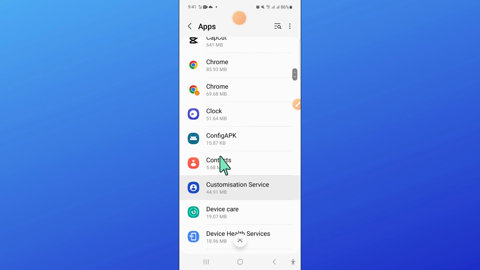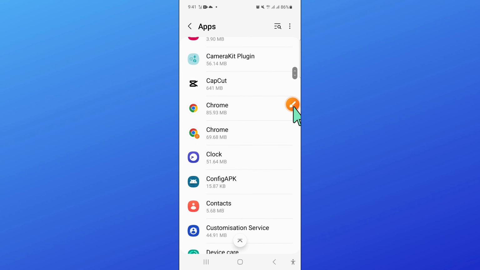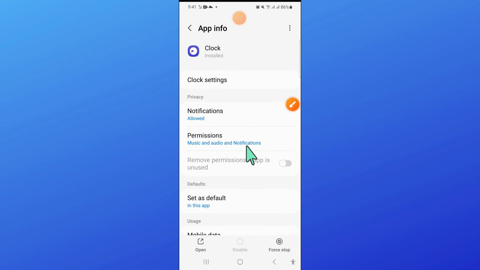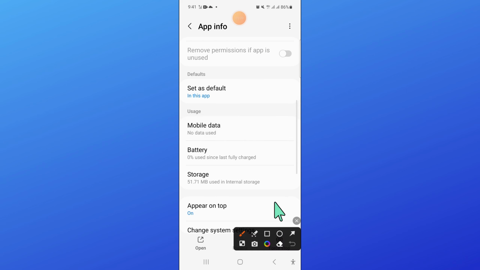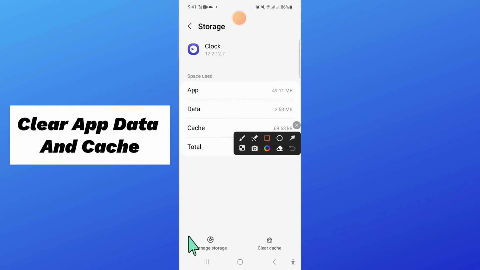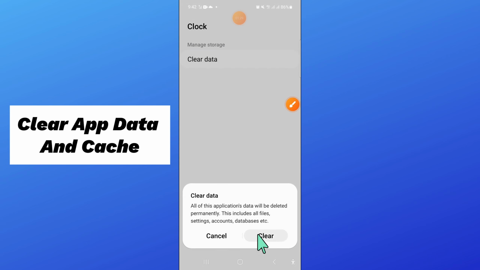and then here click on clock, open clock and then go to the storage of clock. Now clear the app data and cache memory of clock app. Now after clearing data, go back